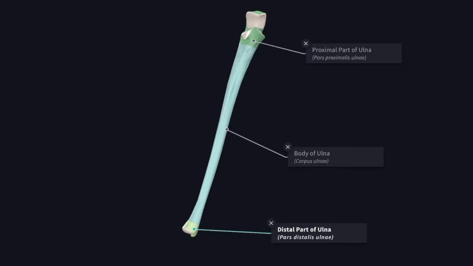In this video, we'll study about the ulna. The ulna is the medial bone of the forearm and it represents the post-axial bone, which corresponds with the fibula of the lower limb. The ulna consists of an upper end. So this is the upper end or the proximal end, and this is the lower end or the distal end, and this is the shaft or the body of the ulna.